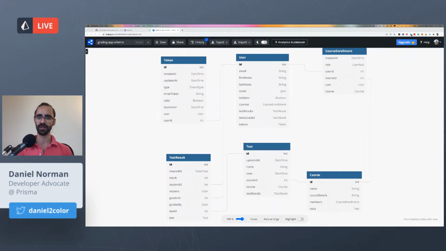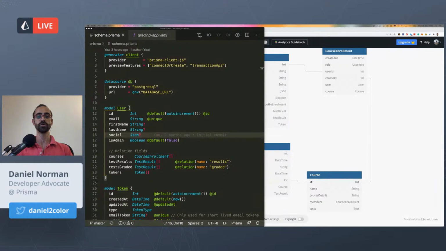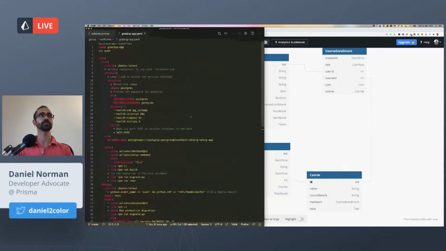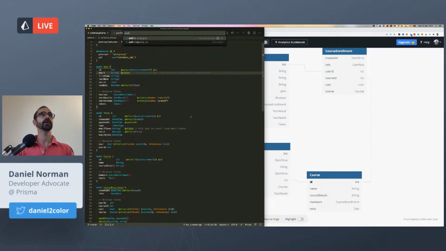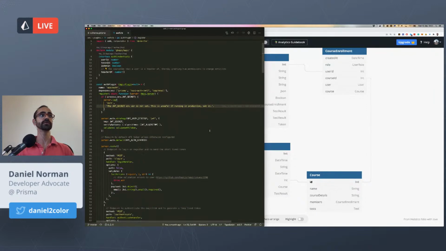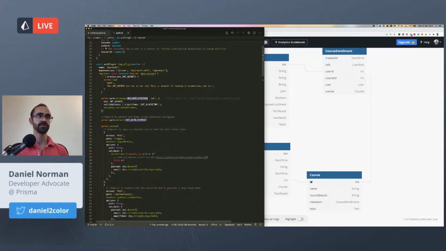In the last episode, we implemented authentication and authorization, and I can show a bit of the code base for this. A lot of this was built around the token table that we created. We used hapi authentication strategies to define a new strategy using JWT. And we implemented these two